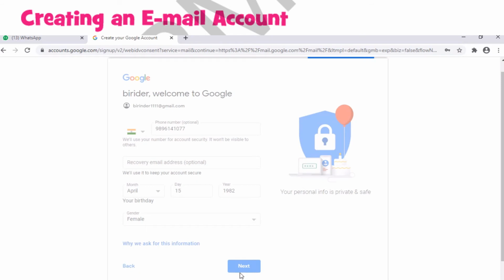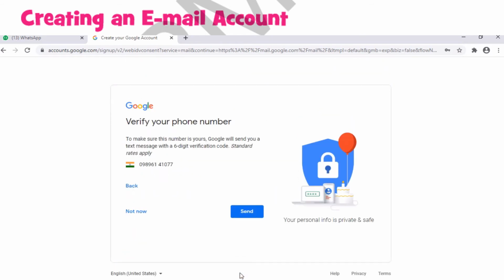Next. Here you will get a verification code on your mobile number. So you have to choose that this is your mobile number. Then you have to click on send.